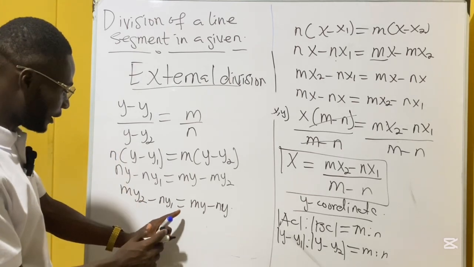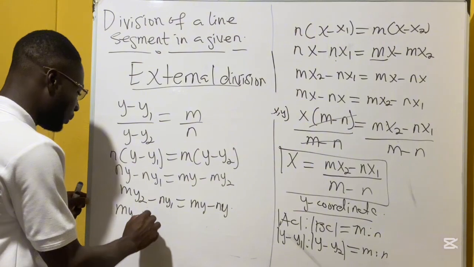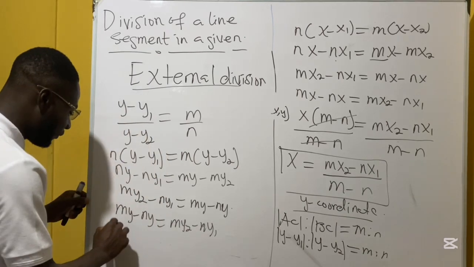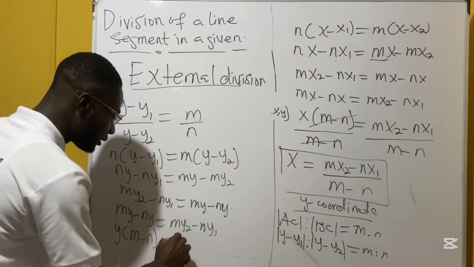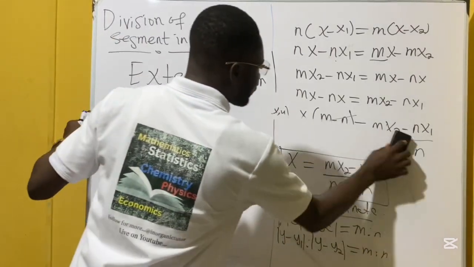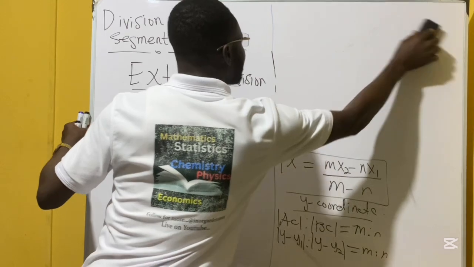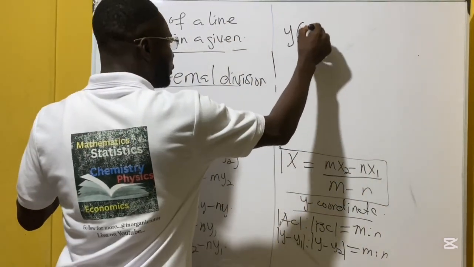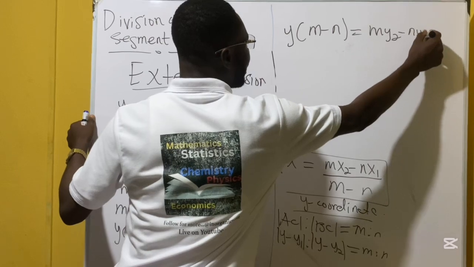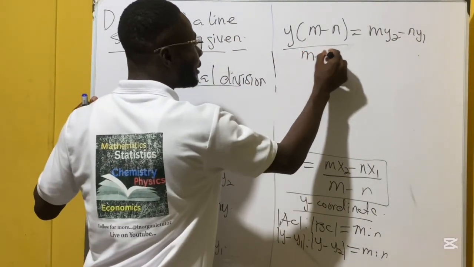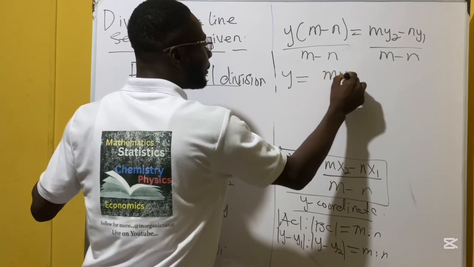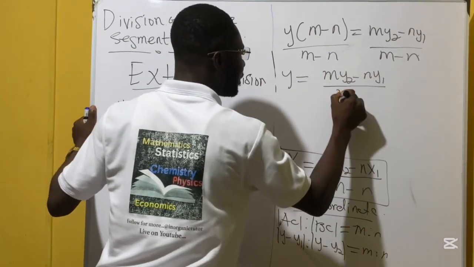So in other words, we can say that my minus ny is equal to my2 minus ny1, right? So we factor y out, I'm going to have y into m minus n equals my2 minus ny1 here. So we divide by m minus n on both sides, right? So we're going to have our y coordinate equal to my2 minus ny1 over m minus n,